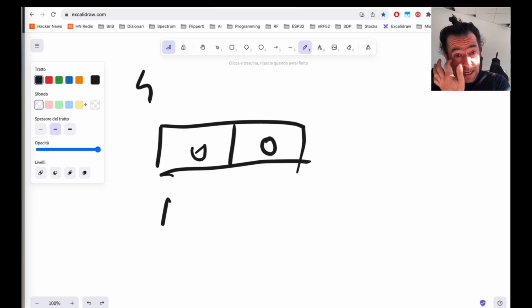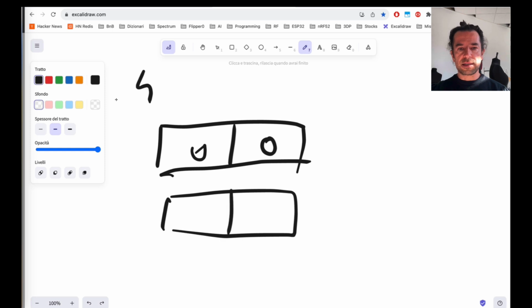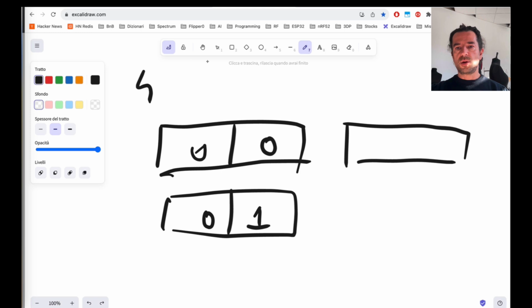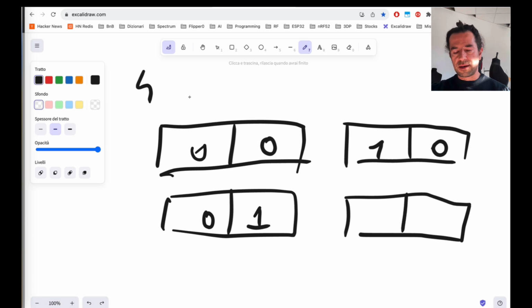Class 0 will be 00 in binary, class 1 will be like that, class 2 will be like that, and class 3 will be this. In this way I can use just the logarithm base 2 of the number of items I want to represent. But there is a problem here.